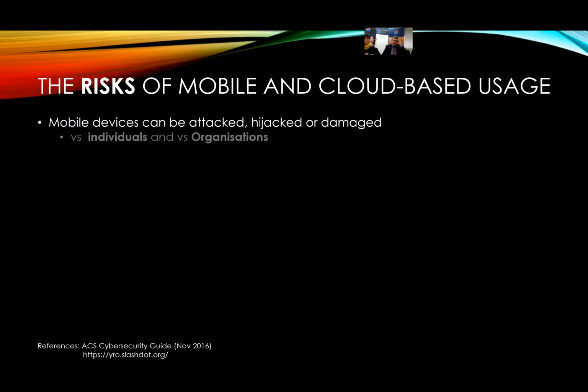Now, that's okay. That's what the uses are. But what about the risks? Any mobile device, like any ICT system, can be attacked, hijacked, or damaged. The attacks can be either against the individual whose device it is or who is currently using it, or they can also be against the organization. The mobile itself has a number of apps on it. Those apps sometimes collect more data than you're aware of, and whilst that's usually okay,